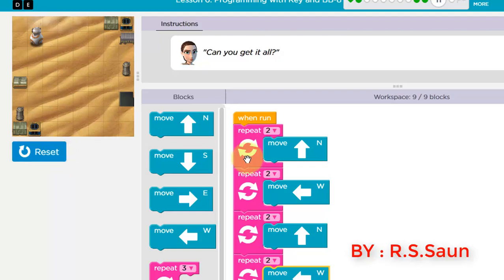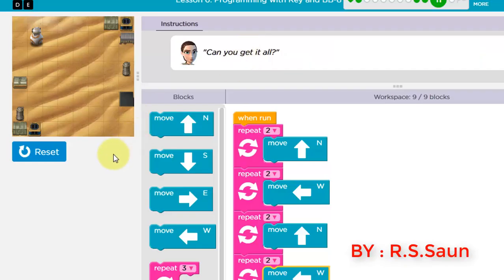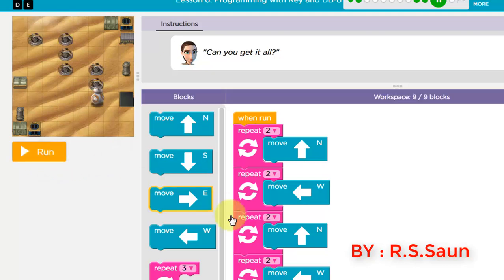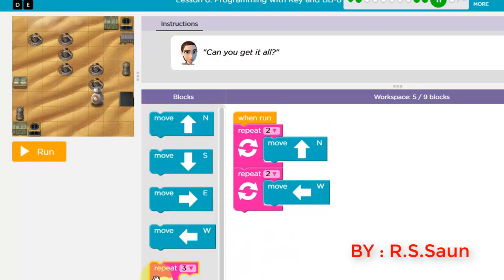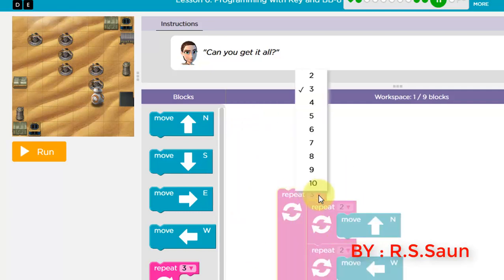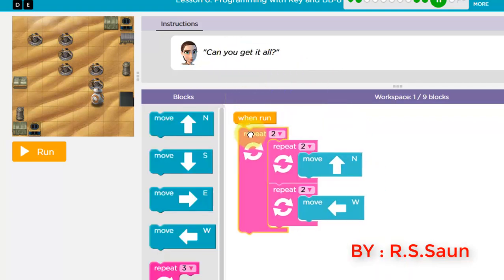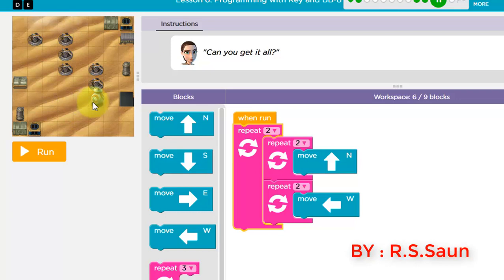Okay, this works fine for me, but if I have a long route in this same pattern, it will be really troublesome, or it will require more pieces of code. So instead of doing it this way, I am going to use a repeat. I will keep this repeat inside the repeat and repeat it twice. When I execute this, you know how it works, and it will be repeated twice. So let's see.